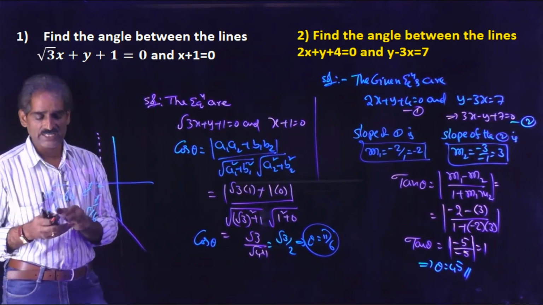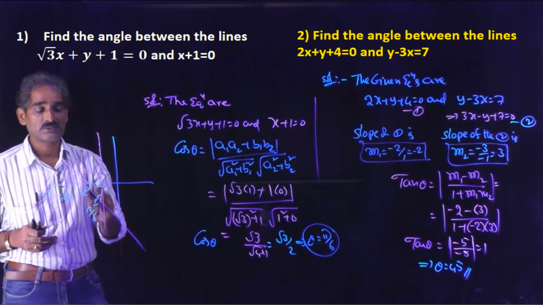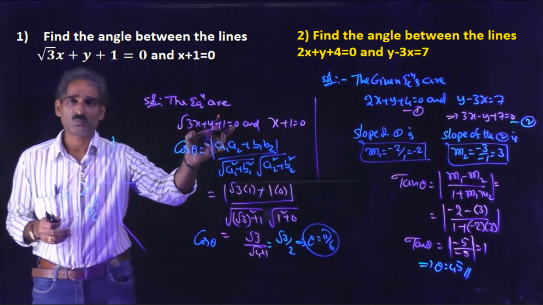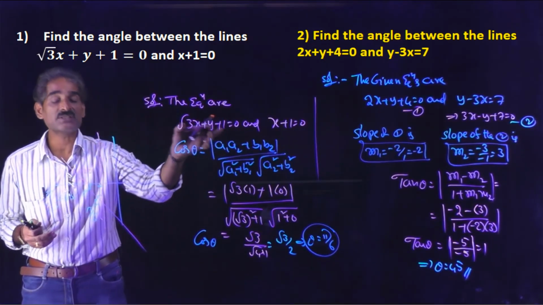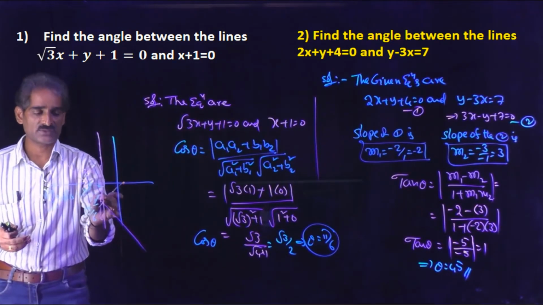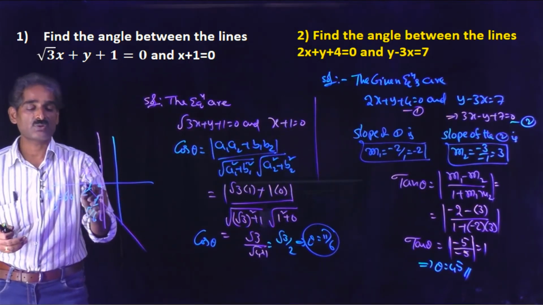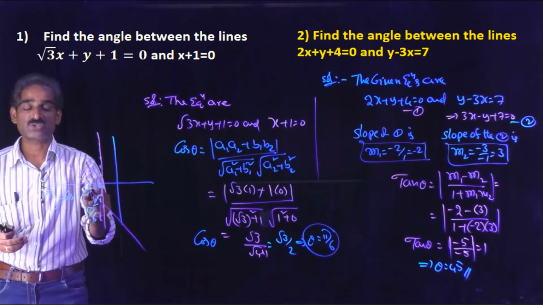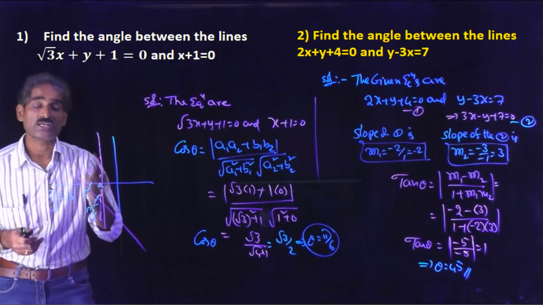This is the vertical line. This is the line having negative x and y intercepts. Here the x-intercept is minus c by a and the y-intercept is minus c by b, both negative. That means it is a line in the third quadrant. So you want to find the angle between these two lines. This is 120 degrees, this is 60, and this is already 90. 90 plus 60 is 150. Understand? So the remaining is 30. So the angle between these two lines is 30.